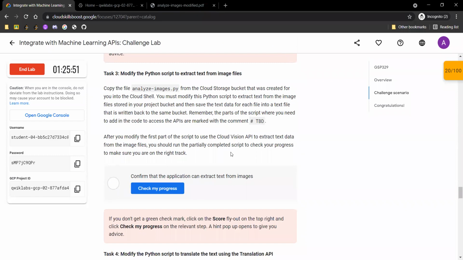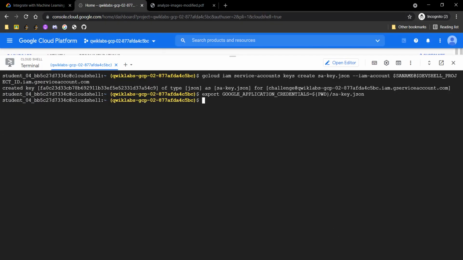So our third task is to modify the Python script to extract text from image files. For that, we need to first copy some contents from a location, that is this location. We will copy all the content from this location into our Cloud Shell disk.